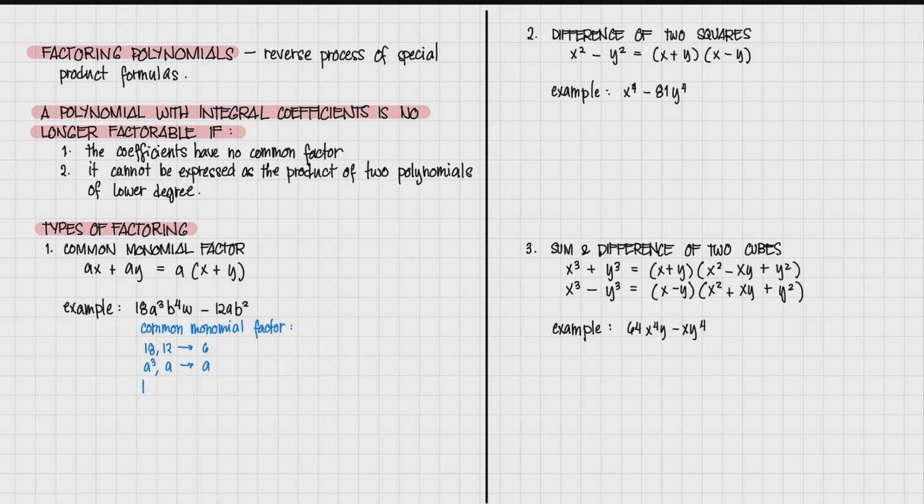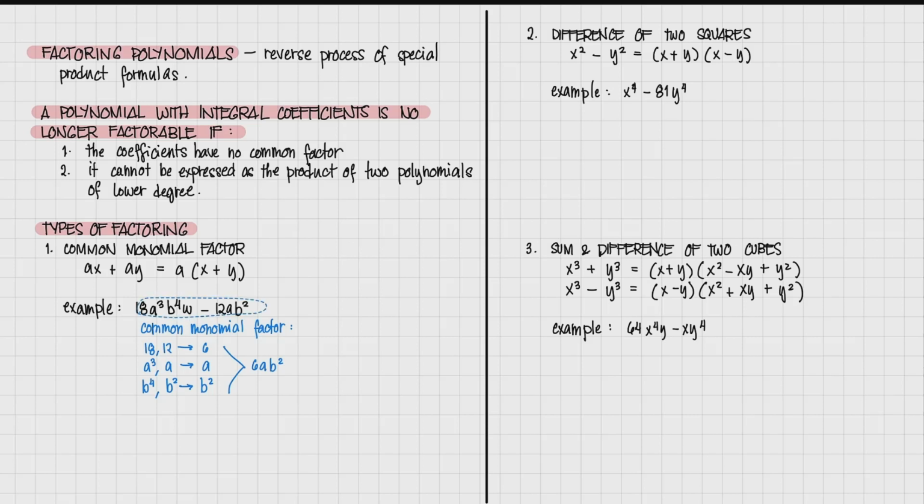And from b raised to 4 and b raised to 2, the common factor is b raised to 2, right? Thus, the common monomial factor for this is 6ab squared. And then what we're going to do is divide